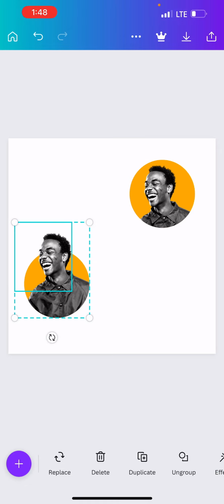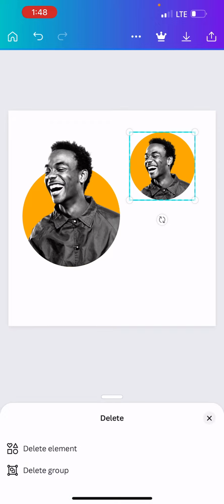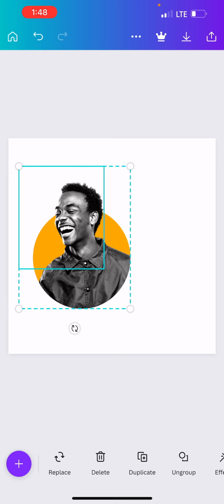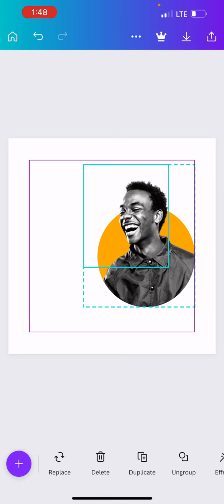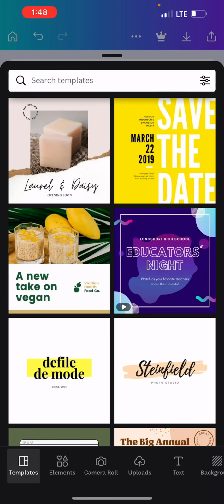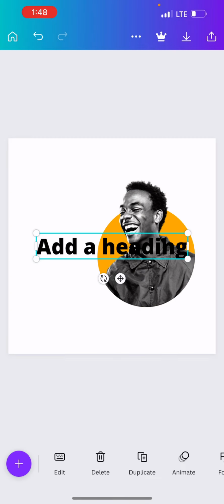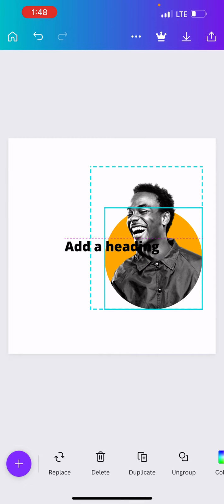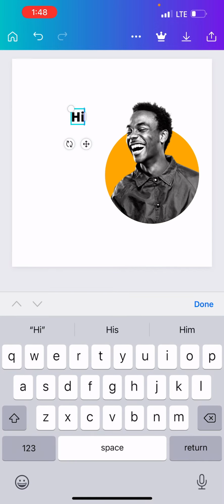And yeah, you can see quite a lot of designs that have this kind of feel. For example, a profile. Let me just take out this one and then use this to create a little profile design so you see how this looks. So something like this, for example, and then I put up a text. Make sure you're not going outside the margin. So hi,